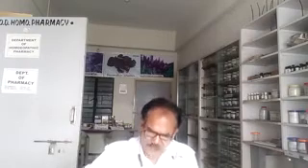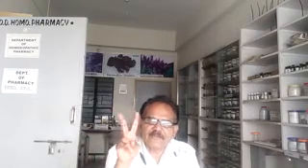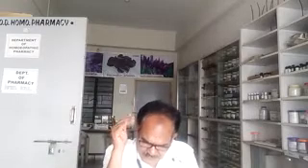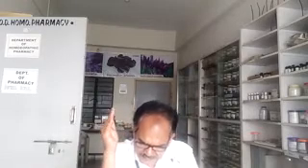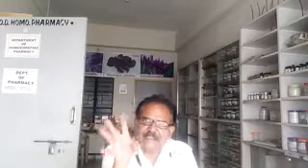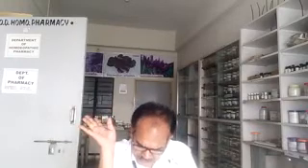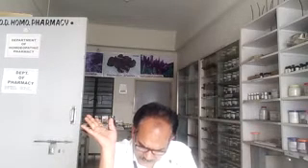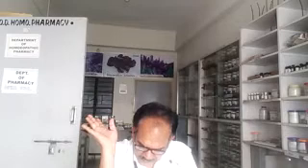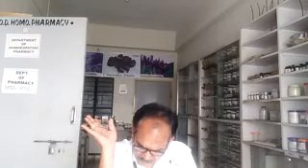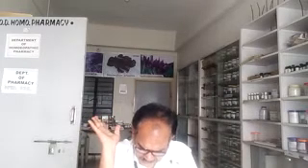There are two main functions of the middle ear cavity. Firstly, to transmit the sound waves from the external ear to the internal ear. That is the main function. Then, through the chain of ear ossicles, it transforms the air-borne vibrations from the tympanic membrane to liquid-borne vibrations in the internal ear.